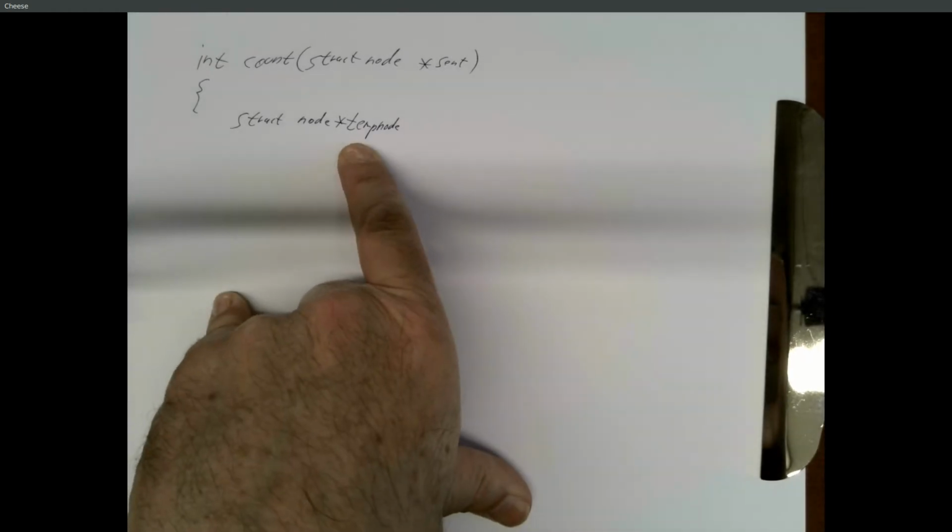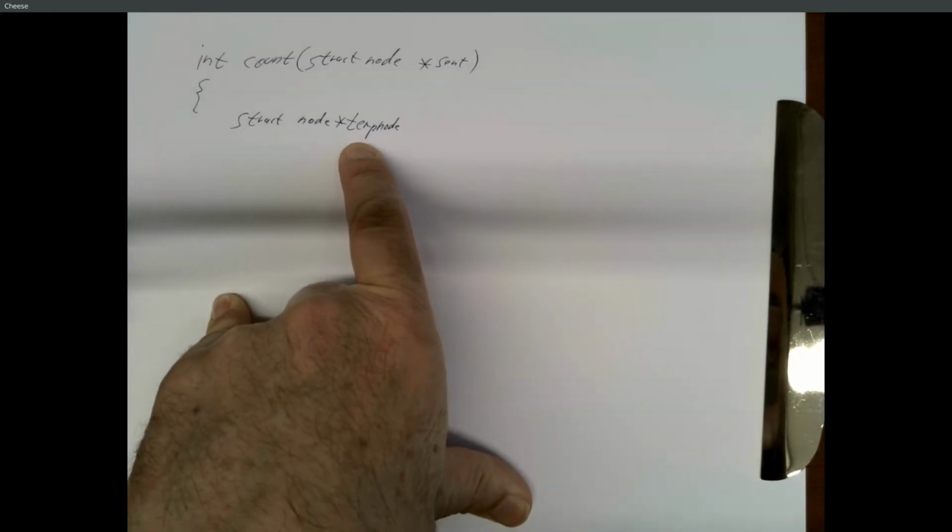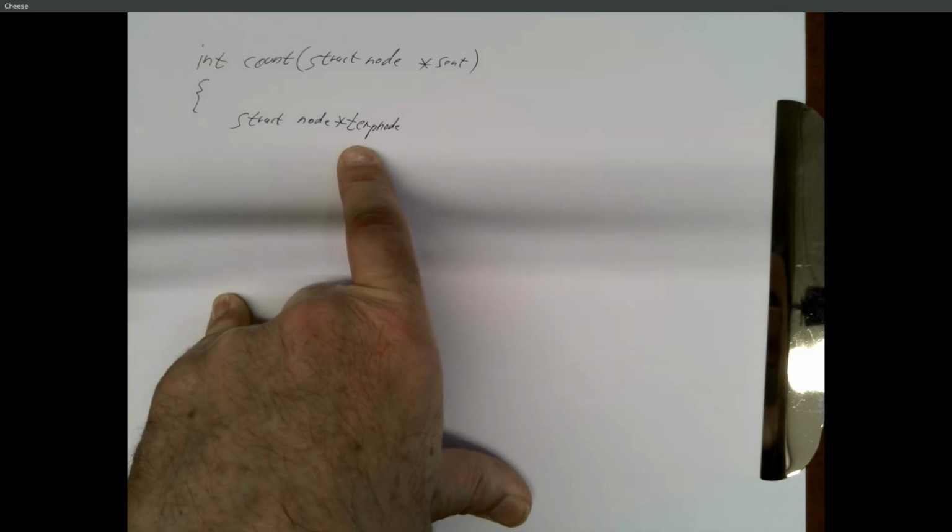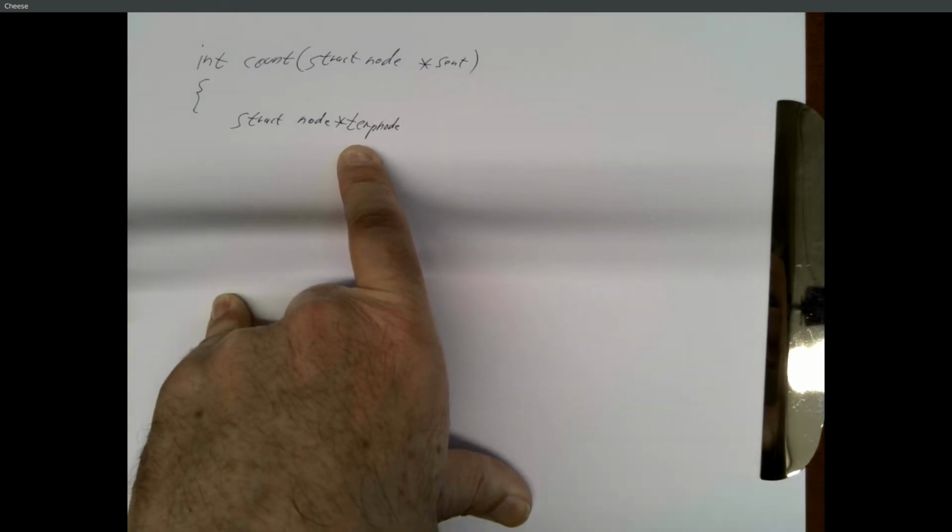Okay? We're going to make new variables that will point to nodes in our list, but they're pointing to things that already exist. That's your key that you don't need to call malloc. Okay, if you need to make a new node, if you're trying to insert something, or if you wanted to make a copy of a node to do something with it, right, then you might need a new node. That's when you call malloc. But just making a new variable to move through the list, no need to call malloc. And if you don't call malloc, you definitely don't need to call free.